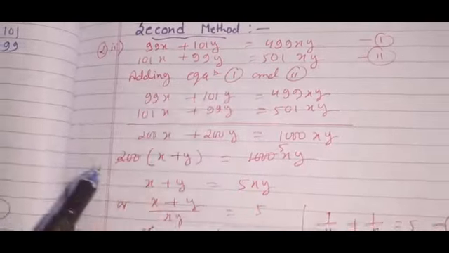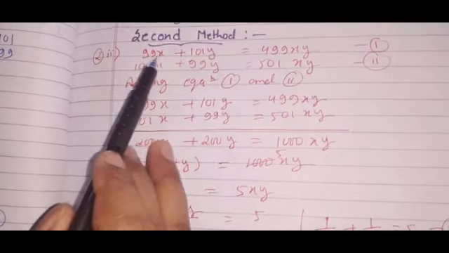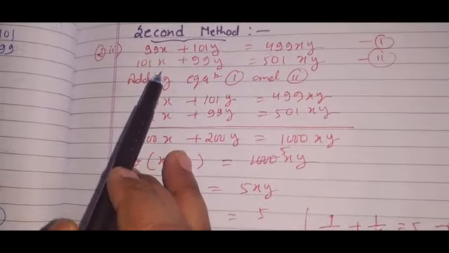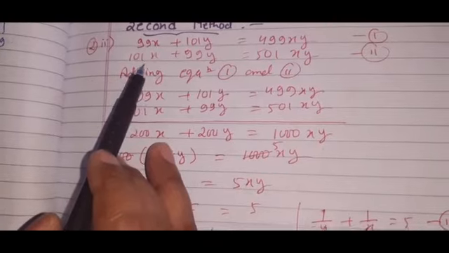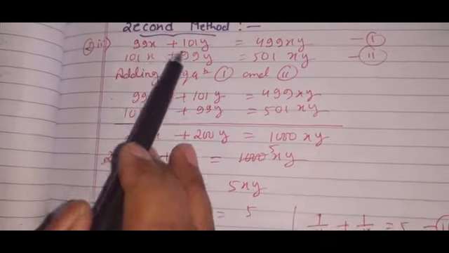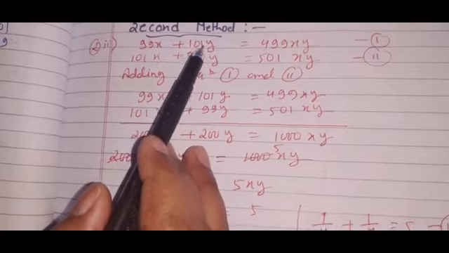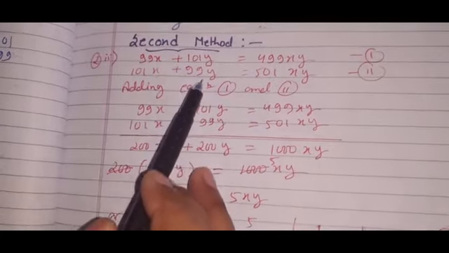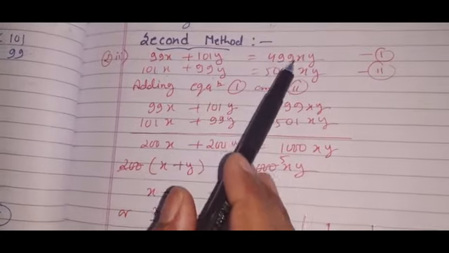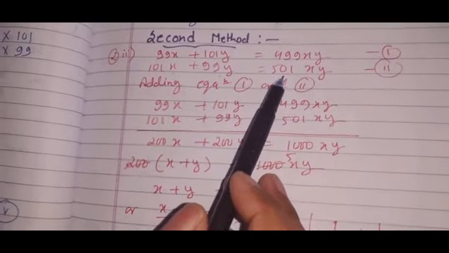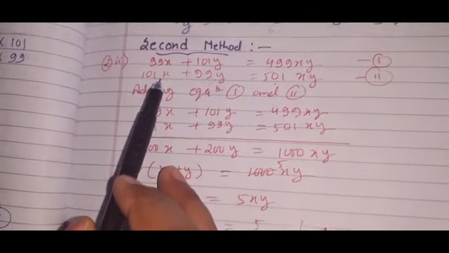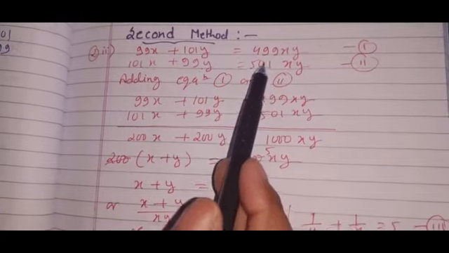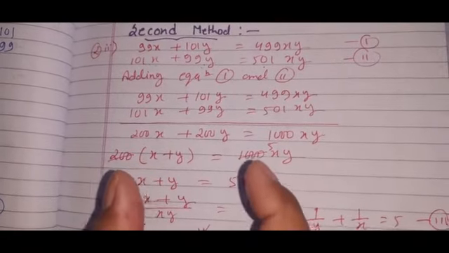Then what will those children do, let's see. Here is 99x and here is 101x. So this question gave me some hint. What is that? 99 plus 101 means 200. Same as here, 101y and 99y. If we add both, here is 200x, here is 200y. And here if we add these two, we will get 1000. So if here is 200, here is 200, and here is 1000, we can take 200 common and divide 200 and 1000 by 200. So our equation will become smaller.